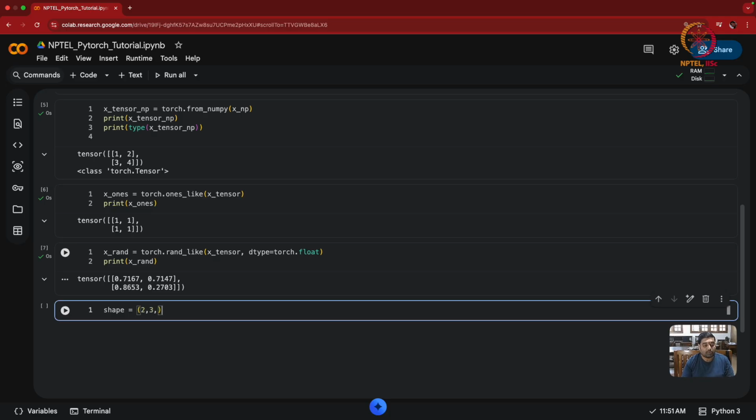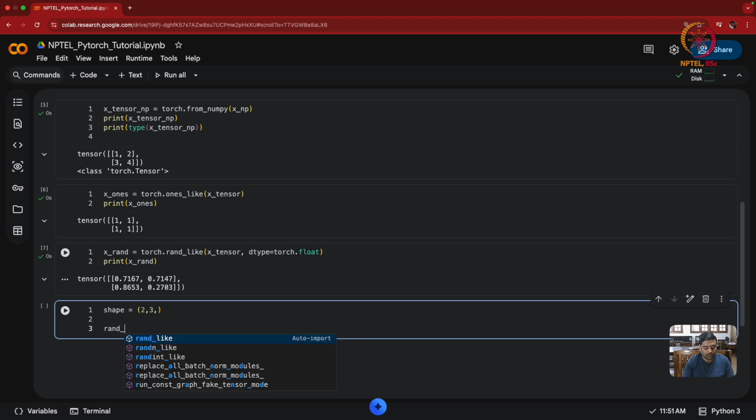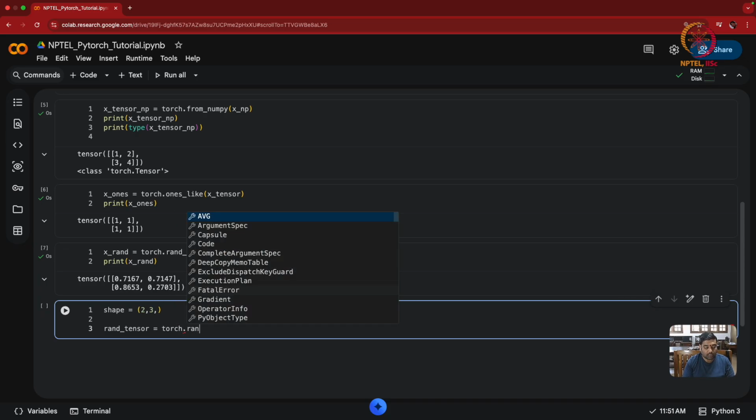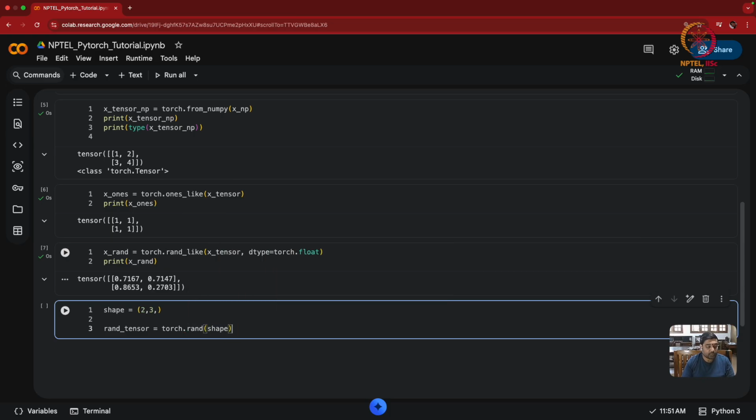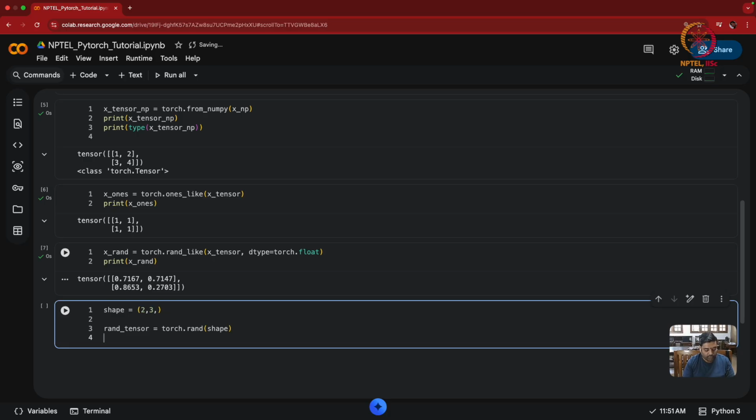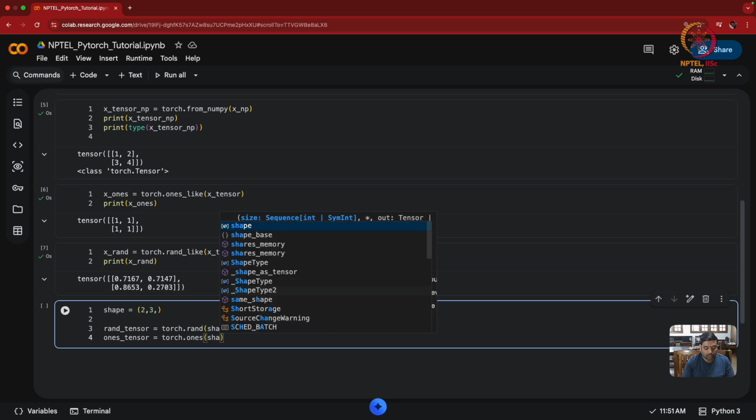Now you can have a random tensor, torch.rand of shape. And then you can have all ones, the ones tensor is torch.ones of shape,